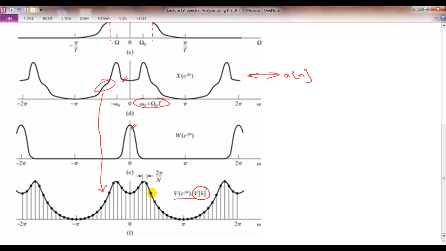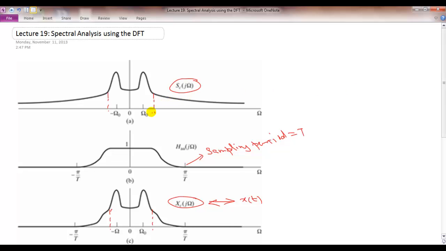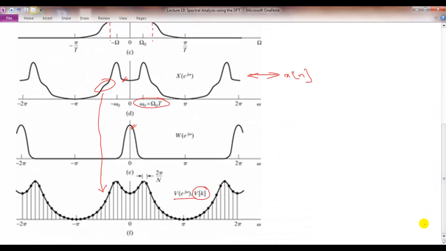And the goal is, let's start unraveling this and ask, what do these samples mean in relation to the original signal that we started with at the top? Okay, so we'll look at the specific effect of the windowing operation. We'll see what it does in terms of the two terms you will hear, spectral leakage and resolution. But before we do that, let's ask ourselves, if these imperfections did not exist,